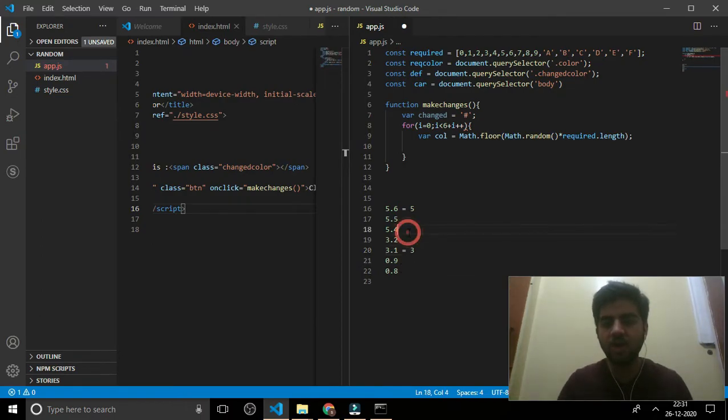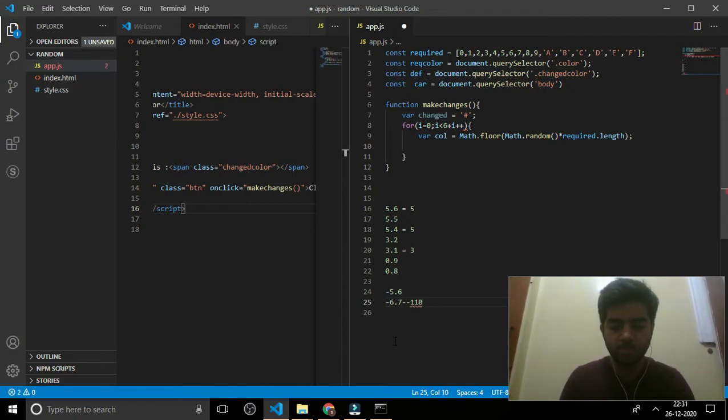Similarly, if you have 5.4 and you use math.floor, it will round it off to the complete downward digit. I mean 5.4 will be rounded off to 5. Similarly for all positive numbers, and 0.8, math.floor will evaluate 0.8 and it will be downwarded to 0.